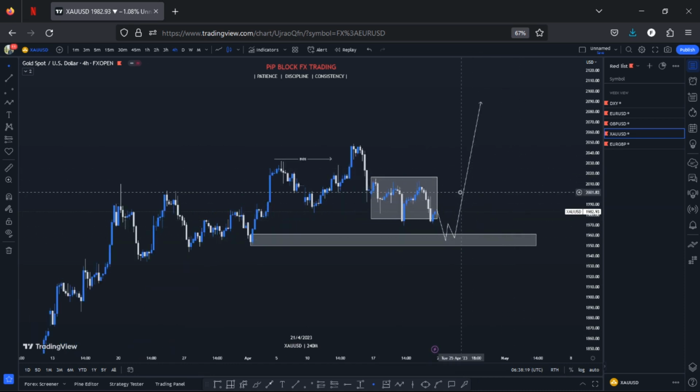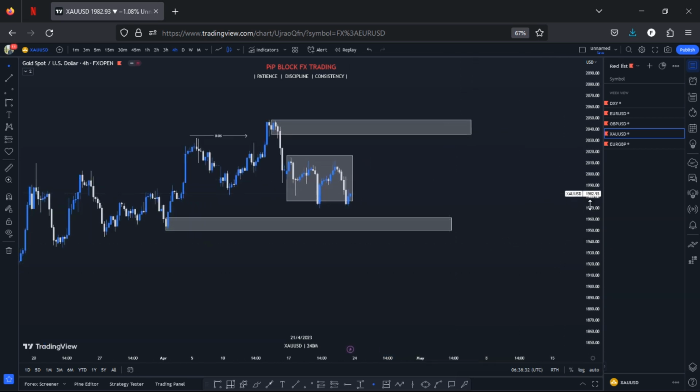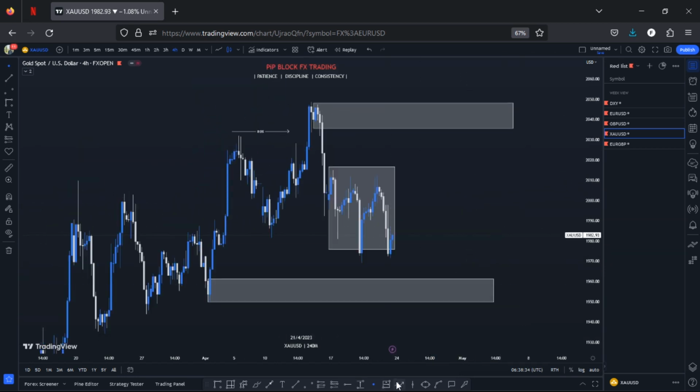So this is what I'm going to be expecting. Now, even though this is what I'm going to be expecting, I have my eyes on this particular move as well. All right, so I have this zone right here, this very nice supply zone right here, that I think I'll be expecting market to trade into. So I'm going to be expecting market to either take out this liquidity, the market creating some form of liquidity right here, then give me some sell from this side.